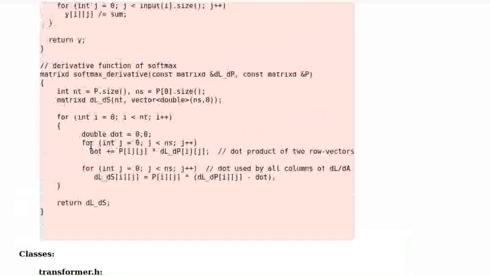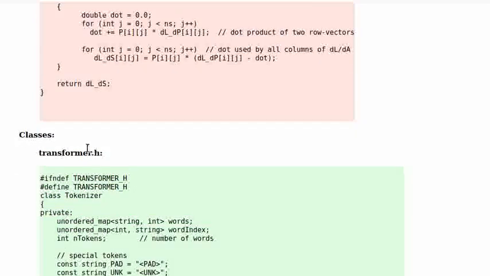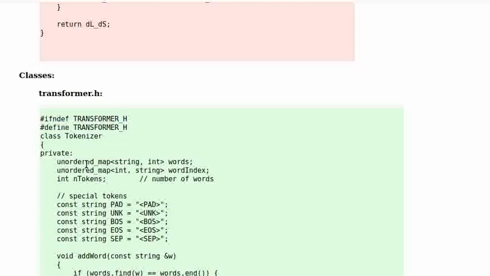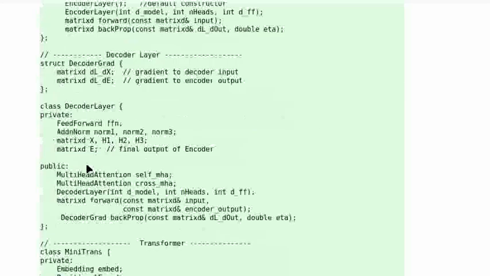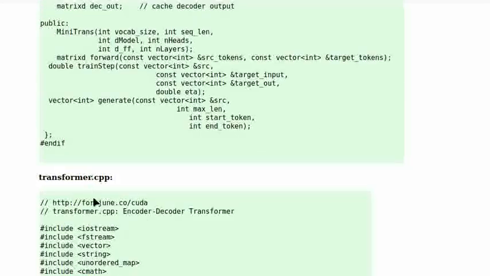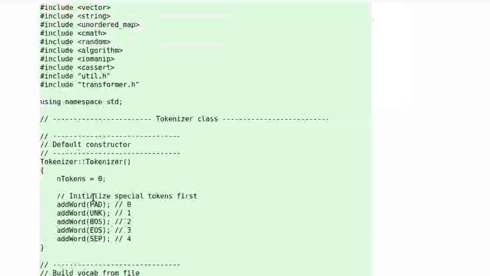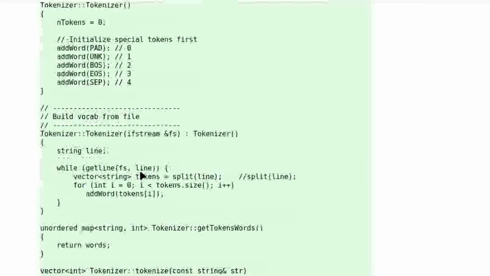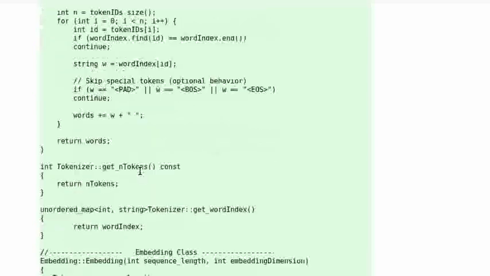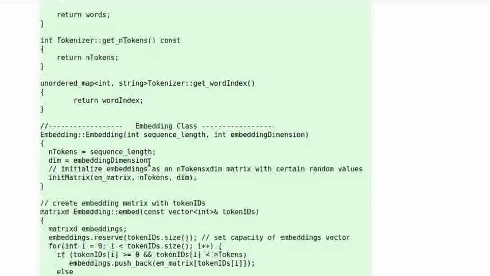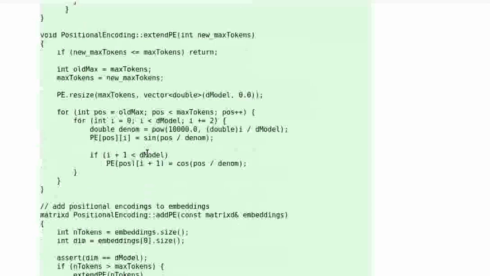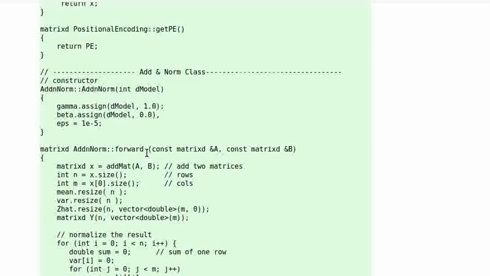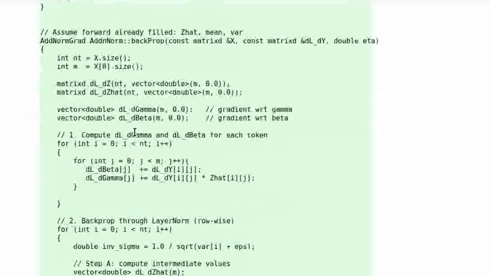The following are the classes we have discussed. This is the header file of the transformer classes. These are the implementations of the classes. This is the tokenizer class, embedding class, positional encoding class, add and norm class, feed-forward class for the feed-forward network,